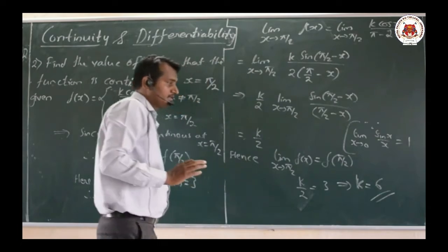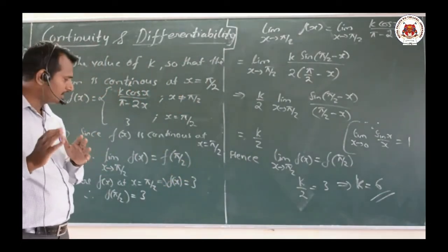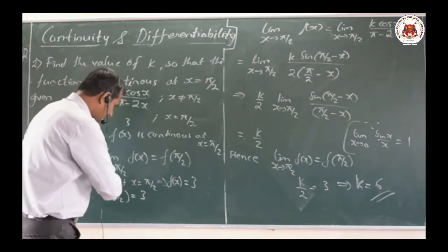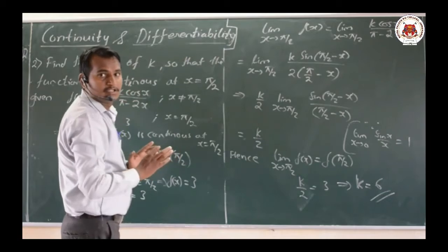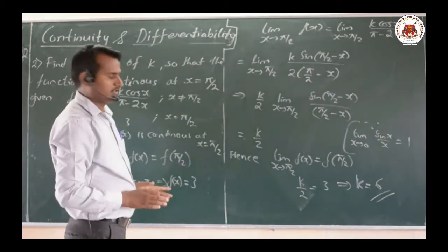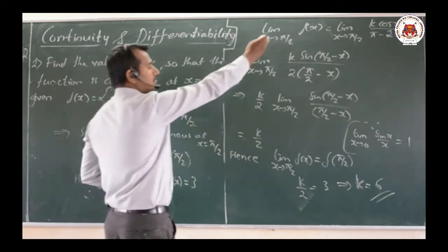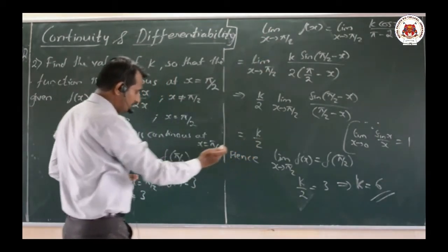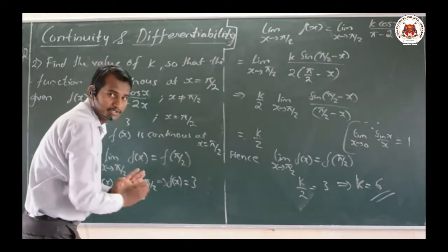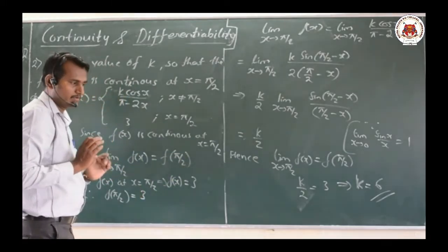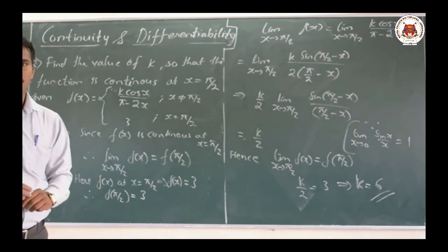Okay dear friends, it is a very very simple thing. You can solve in this manner also. I took the RHS and LHS differently and solved. Together you can take and solve it, nothing wrong. For the limit as x tends to pi by 2 of f of x, you will get k by 2, and f of pi by 2 value is 3, directly you can keep and solve it. That is also okay. Very very simple problem. Please pause the video to note it down.